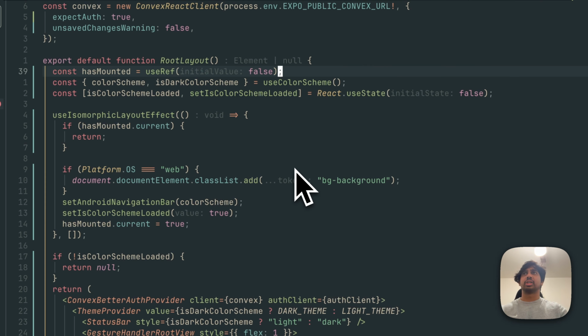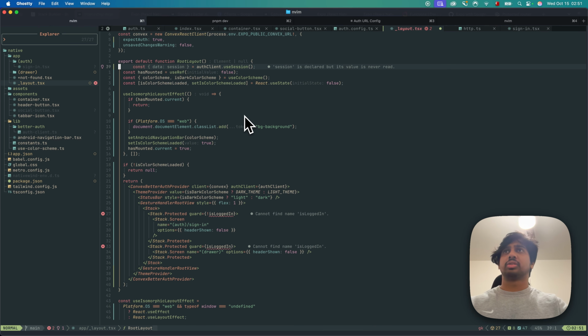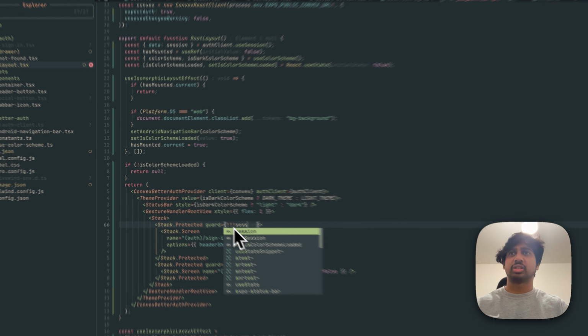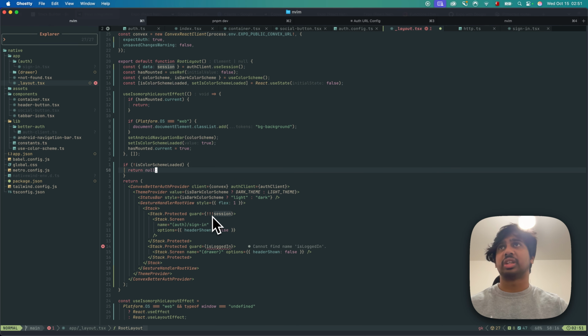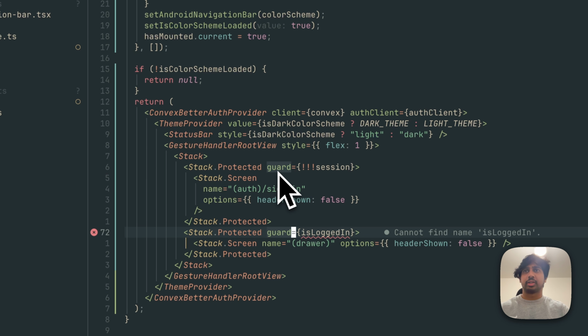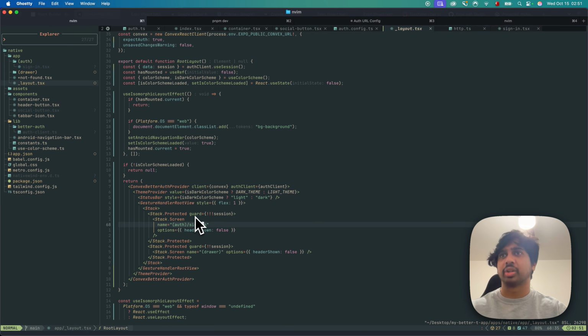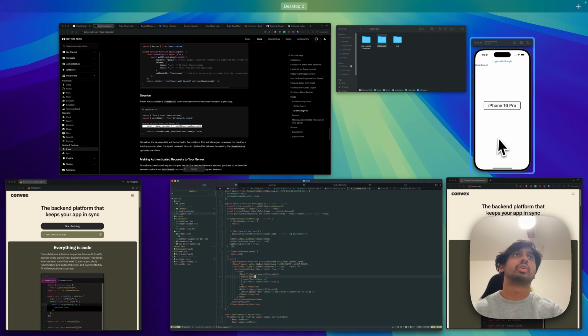So we need to come here to the root layout at the very top, just get the session data and rename it to session, right? And then, if the session doesn't exist, we have to do a double bang because the session isn't a Boolean value, and this only takes a Boolean value. So you just use the bang to convert that into a Boolean. So we're just typecasting here at this point. And now, not logged in,